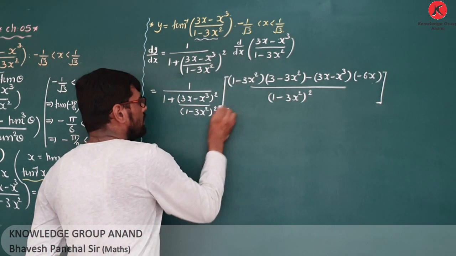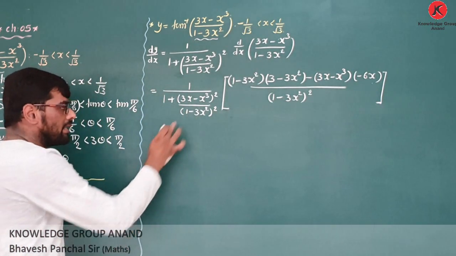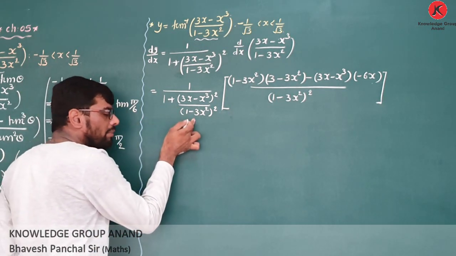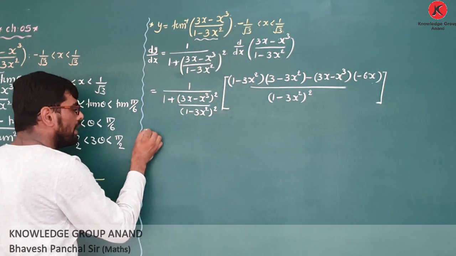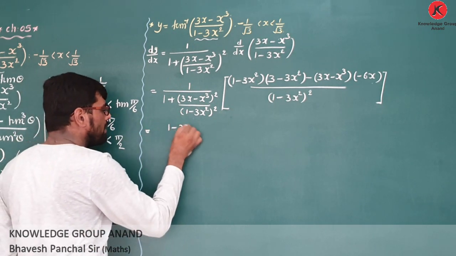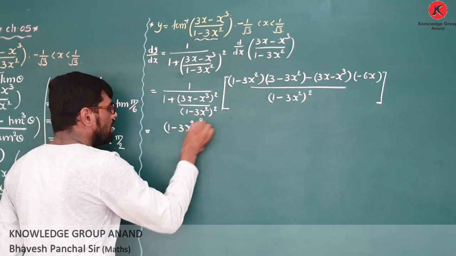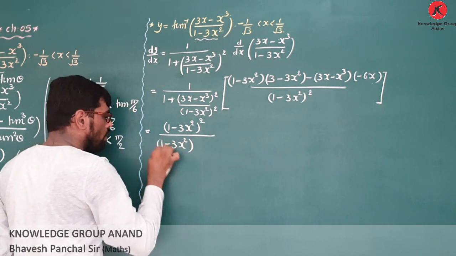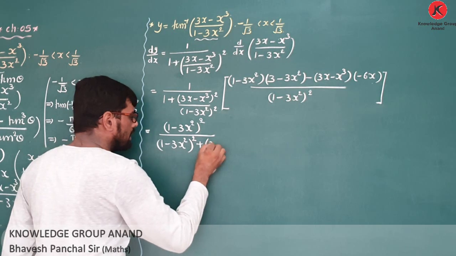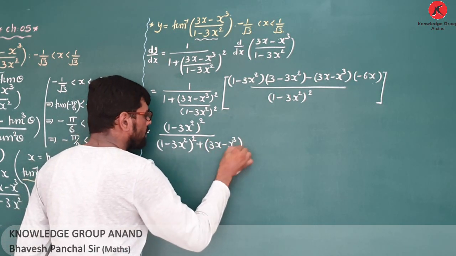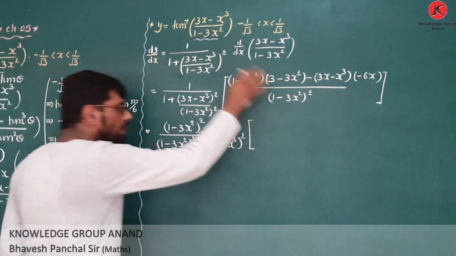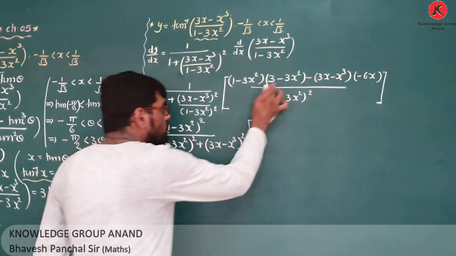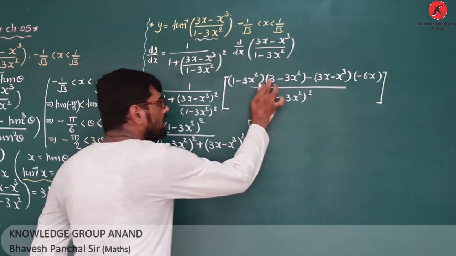Now see here, I take LCM, then 1 minus 3x square whole square multiply with 1, and in denominator 1 minus 3x square whole square take in numerator, and now in numerator 1 minus 3x square whole square, in denominator 1 minus 3x square whole square plus 3x minus x cube whole square. Now simplify this bracket, denominator as it is, but this we will simplify in the numerator. See, multiply with 3,